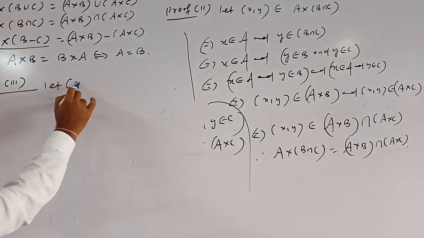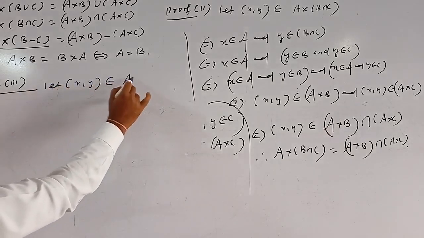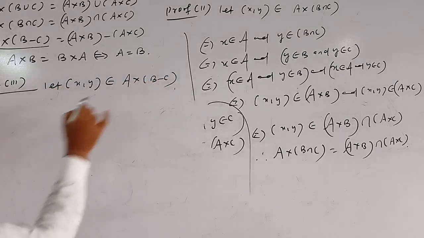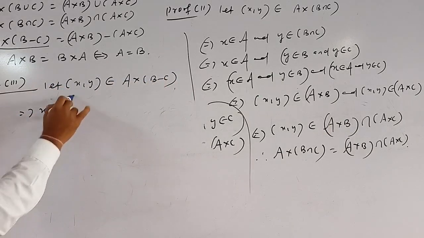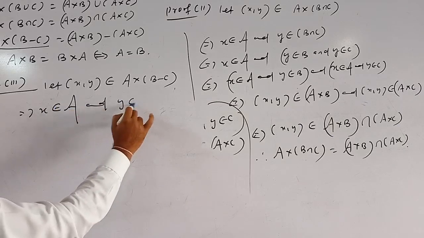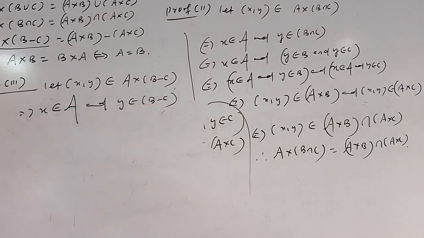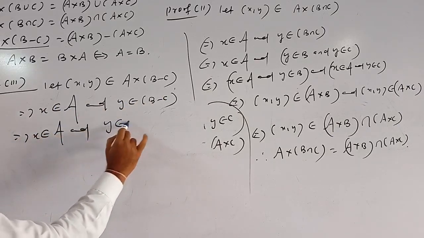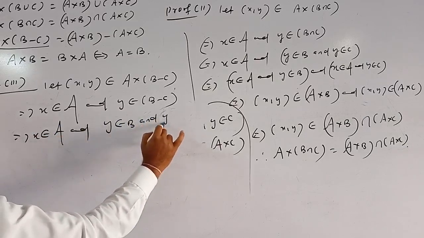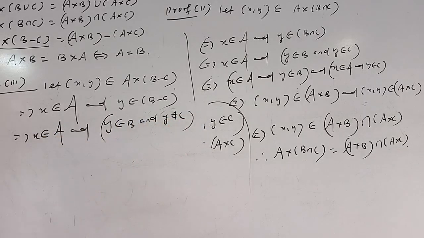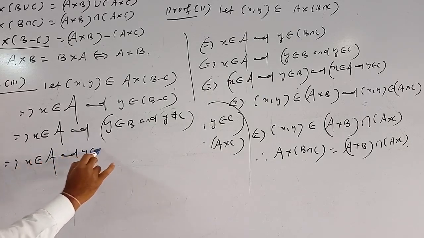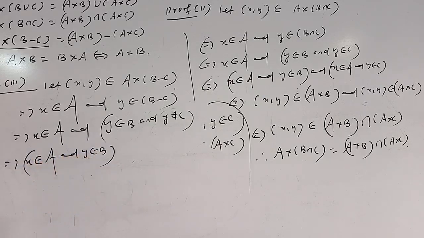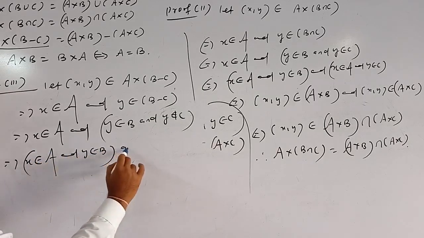First you take the element, ordered pair (x, y) belongs to A cross (B minus C), which means you have to write x belongs to A and y belongs to B minus C. So y belongs to B minus C means what? y belongs to B and y does not belong to C. Okay, that implies x belongs to A and y belongs to B, and x belongs to A